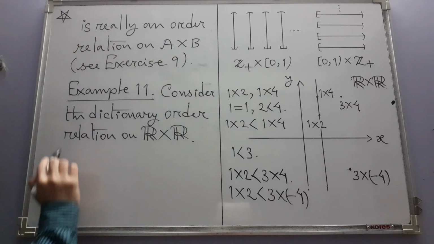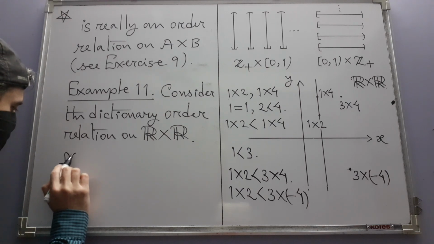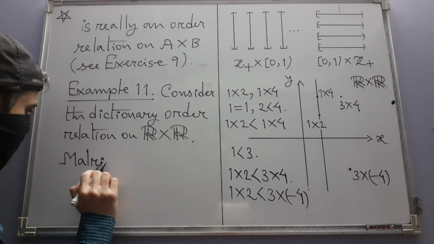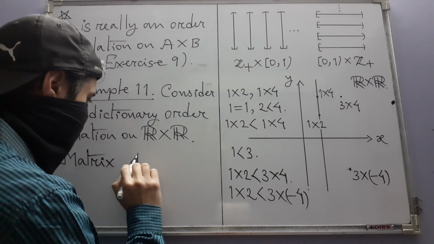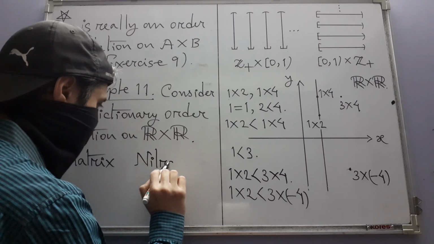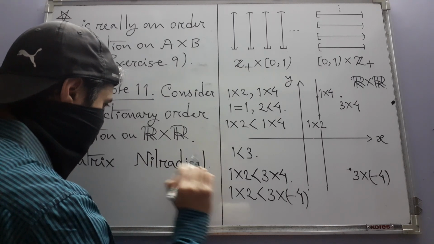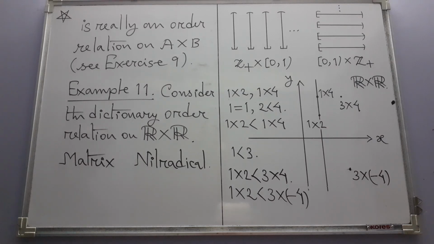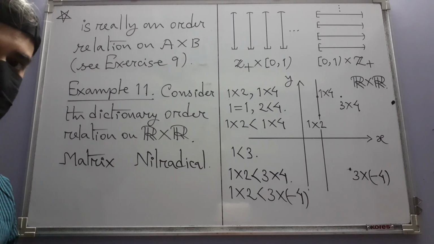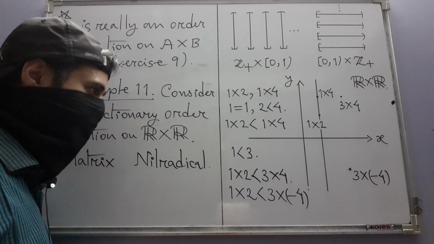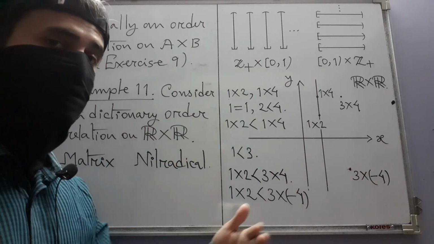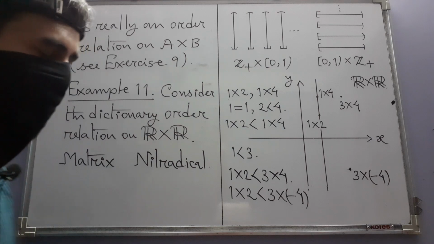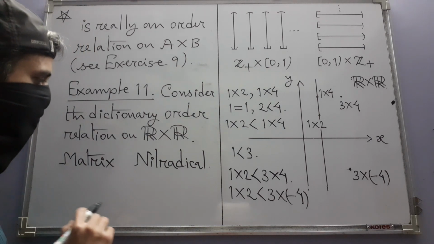For example, say you consider the word matrix and you consider the word nil radical, because in the alphabet M comes before N. So if we are thinking in that sense that as we go from A towards Z, we get larger and larger letters. If we define an order relation like that, then according to dictionary order,